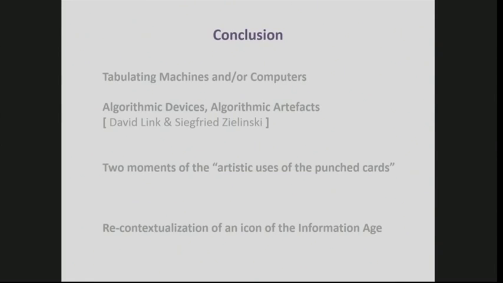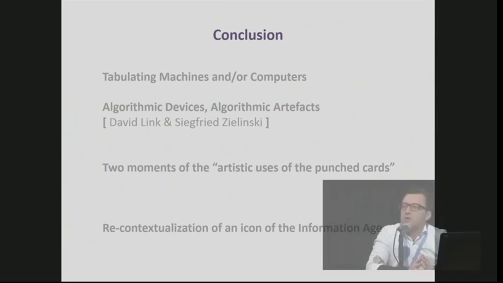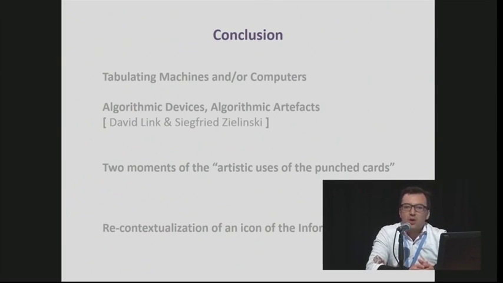So, conclusions. The first thing is that I would like to propose that these kinds of examples must be taken into account when talking about the history of the interaction of computers and the arts. Of course, he was not using a computer itself. It was a tabulating machine. I discussed this problem with Siegfried Zielinski, and he told me there is no need to check what is really the first computer. Eventually, you can use terms like algorithmic artifacts that can encompass tabulating machines, calculators, and also computers.